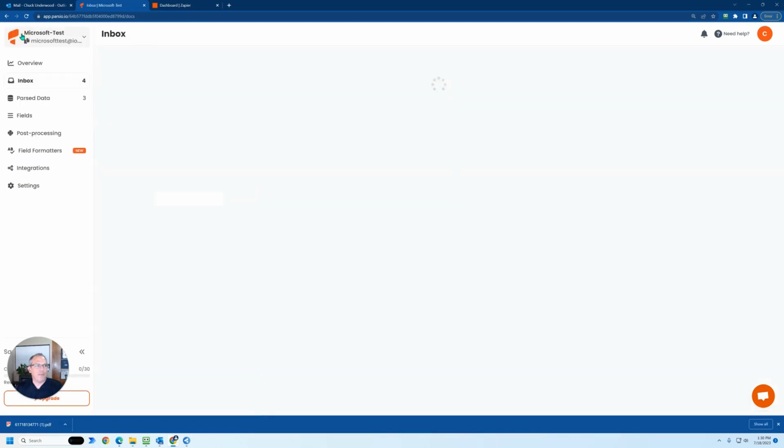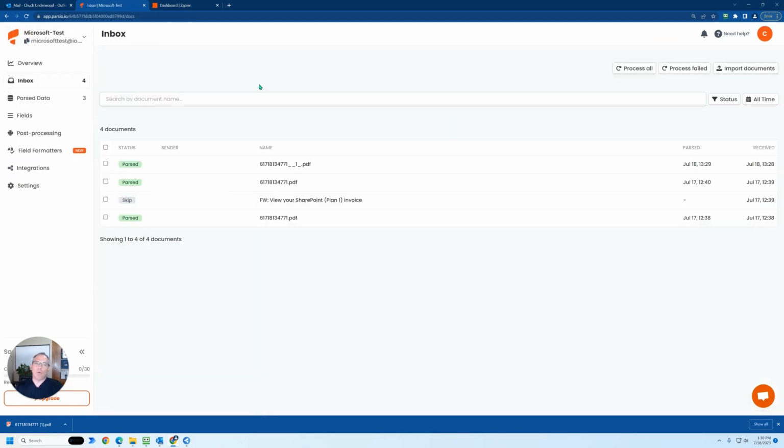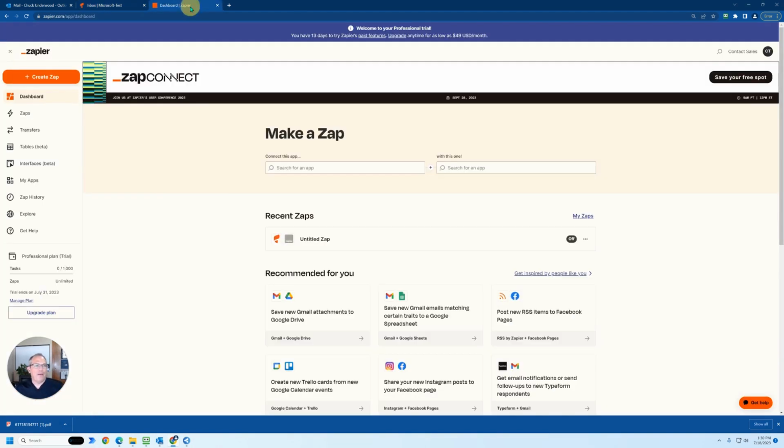I'm gonna just hit the back button here, and now we're ready to take the next step, which is we want to create our Zapier Zap. So let's go and explain this real quick. Zapier has actions that it takes, and they're called zaps. And in those zaps, we're just going to walk through this. This is usually the easiest way to explain it. So we're going to create the zap,